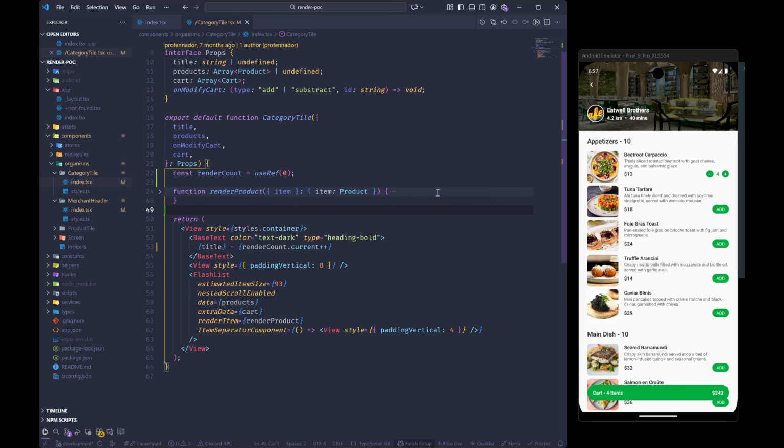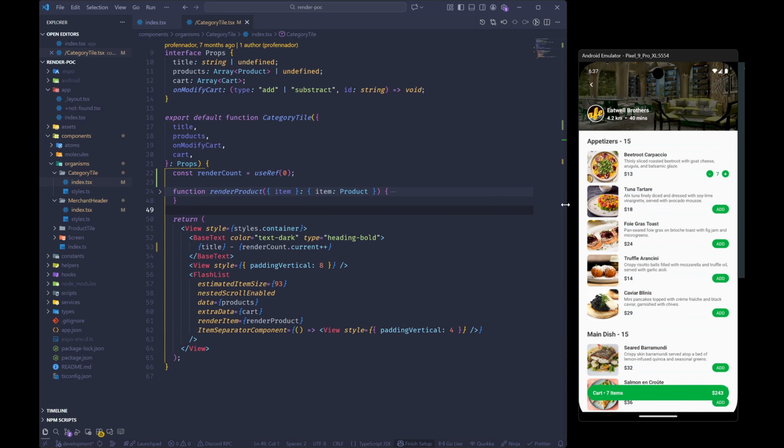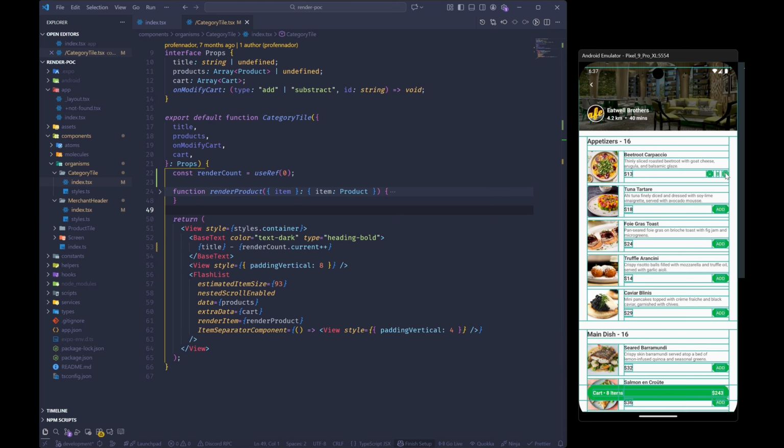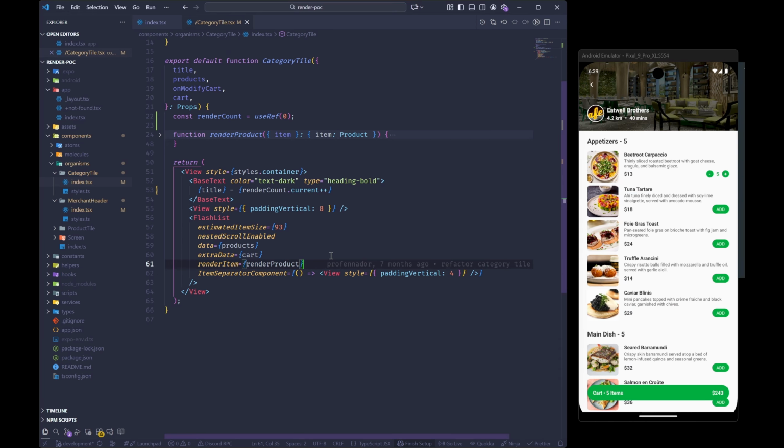What if the user wants to add an item up to 10 or even 20 times? Do we need to keep re-rendering for them, or can we wait until they get to the final count, and then we're going to update the global state? Now let's see what happens inside the product component. We can go to render product tile,